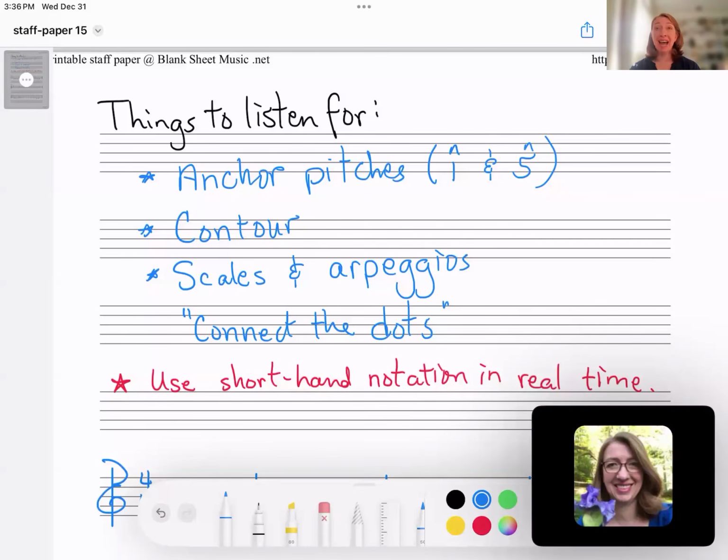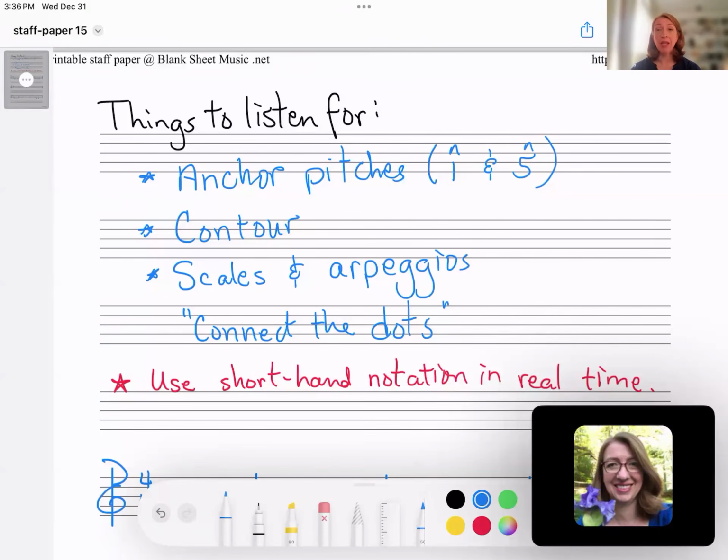Maybe above the staff, I'm going to be able to write down very quickly what I'm hearing as scale degrees, even if I'm not taking the time yet to draw the note heads on the staff. You can do this using either scale degree numbers, like write a 1 for scale degree 1 and a 2 for scale degree 2, or you can do single letters representing the solfege syllables if you're more used to that. So you would use a D for do and an R for re and an M for me. And this is a very quick way to write down the scale degrees that you're hearing in real time while